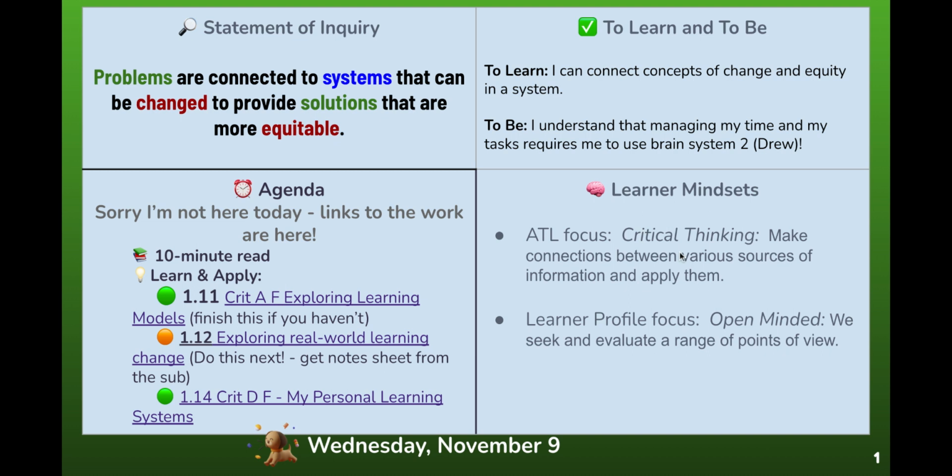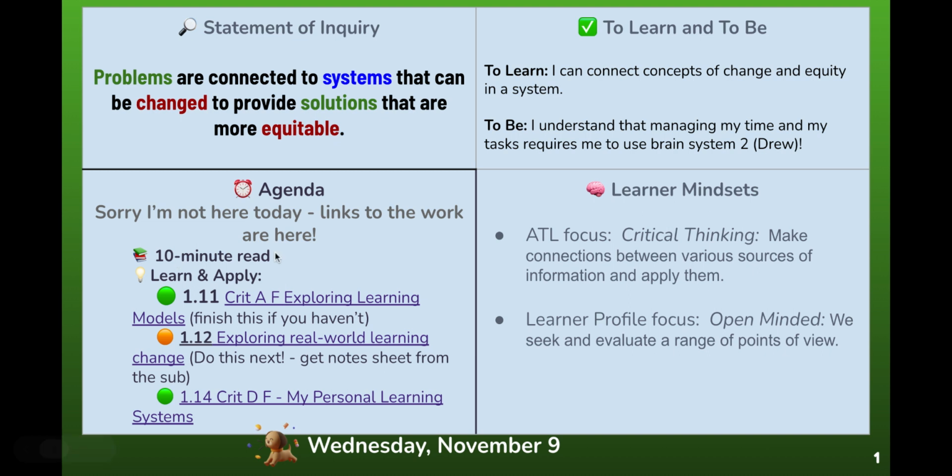We're working on critical thinking, making connections between sources of information and applying them. And we're still working on that skill of being open-minded, or that characteristic of being open-minded. We're trying to find new ways of thinking about something and bring in new information, which requires us to be